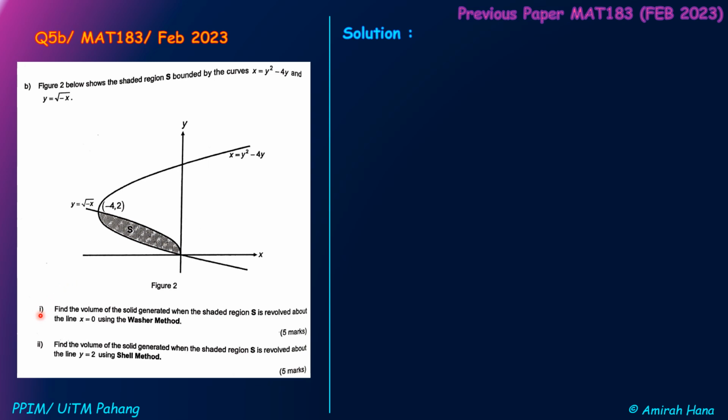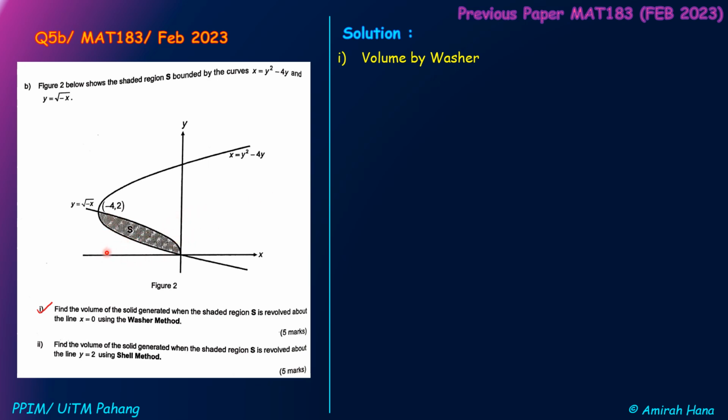Alright, question number Roman 1. Find the volume of the solid generated when the shaded region S is revolved about the line x equals 0 using the washer method, 5 marks. Okay. Alright, so for question Roman 1, we want to find the volume using the washer method. Alright. Okay, so we can draw